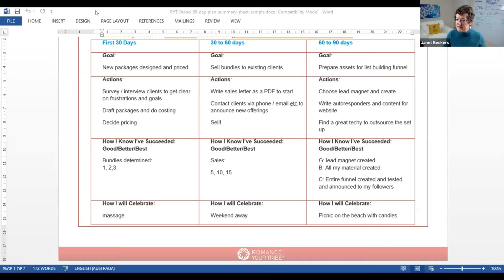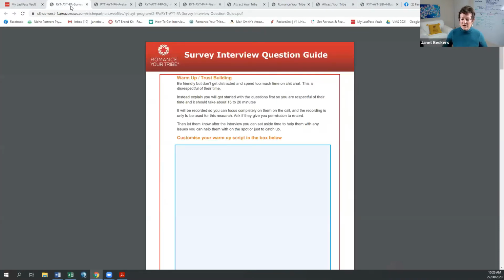Okay, so for example, when it comes to surveying your clients, a lot of times it's so much easier just to interview them. Get on the phone and actually talk to them rather than trying to run a survey where you'll struggle to get enough people to go through it. A lot of times people will do a survey and think that's going to be the easiest thing, but a lot of times you just get on the phone. You have fewer clients that you need to do that with. If you can do, say, between 15 and 20 of these, you're going to have a really good insight.